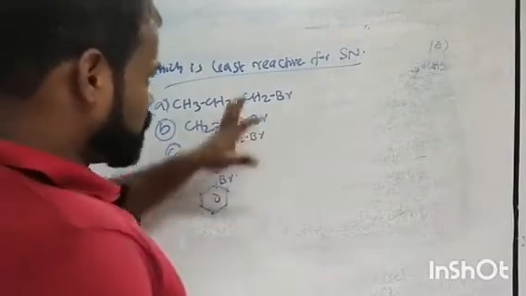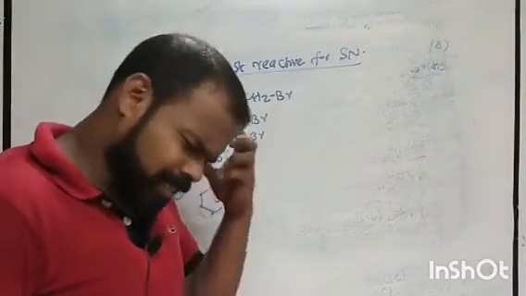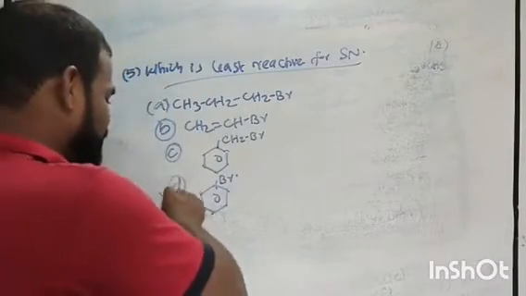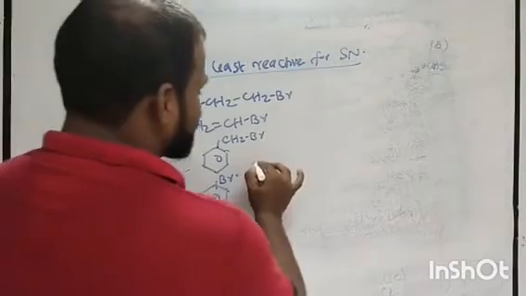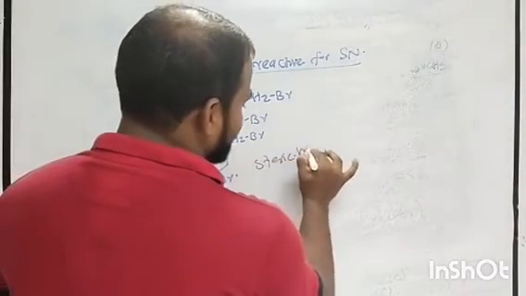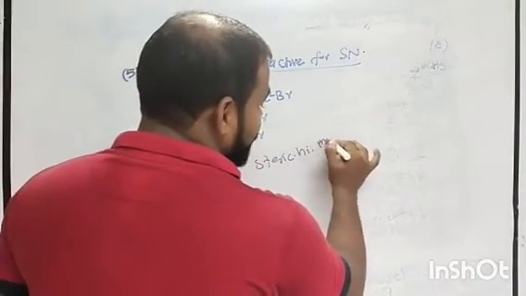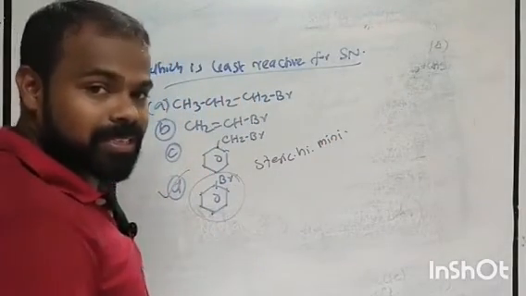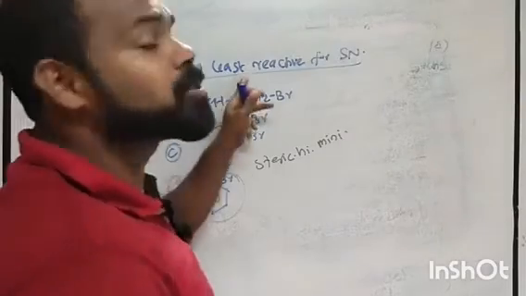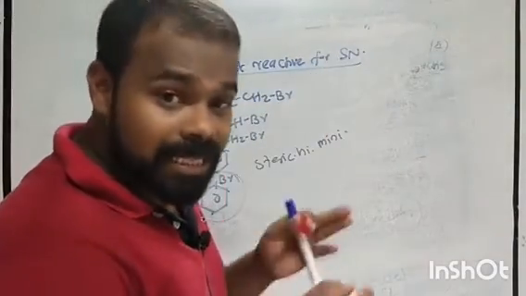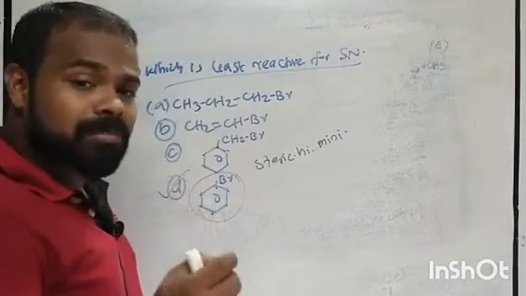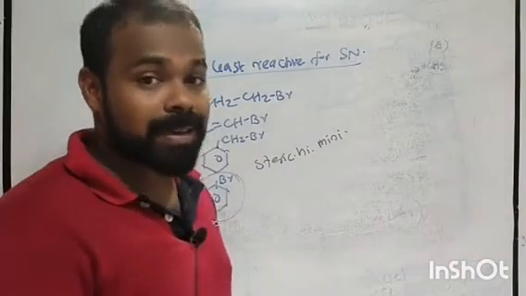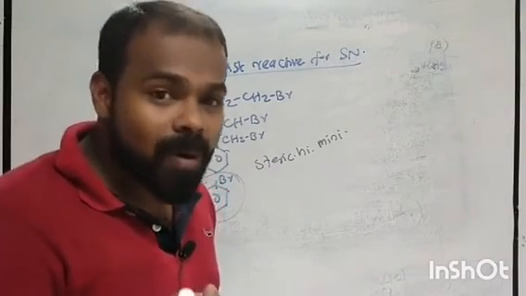Here in the SN1 mechanism, otherwise in substitution reactions, which one will be least? No doubt, this one will be least. What is the reason? Steric hindrance. We require steric hindrance to be minimum, but here it is maximum. If the steric hindrance is maximum, the substitution reaction does not occur fast, only very slowly. Therefore, when a halogen is directly attached to the benzene ring, the substitution will occur, but